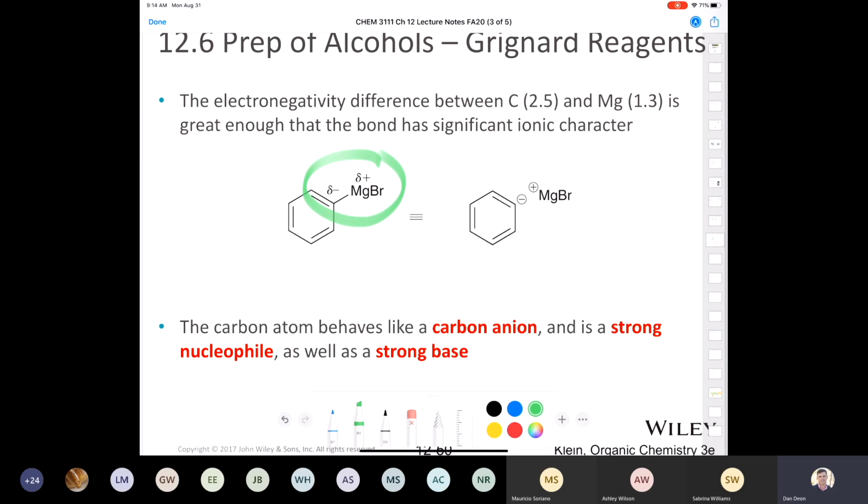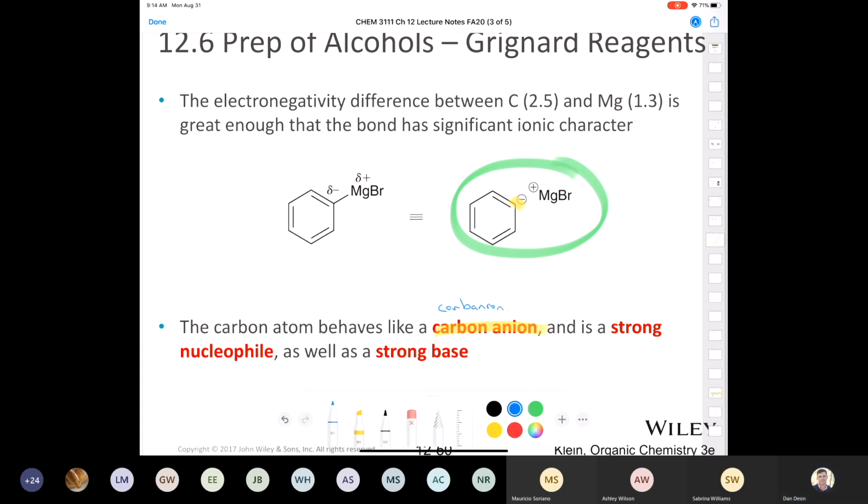And so, in fact, I'm going to ask you to think about it like this. So we're going to actually think about the carbon involved in that bond as being a carbon anion, or what I call a, excuse me, a carbanion. Okay, so you can treat this like it's got a lone pair here, okay? And then it can act as what? A tasty nucleophile or as a strong base. All right,